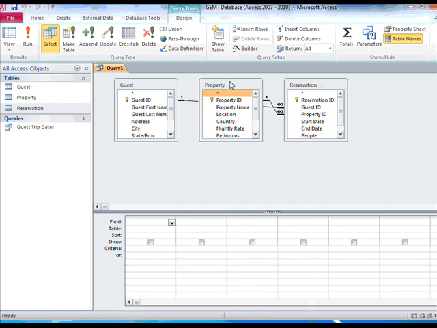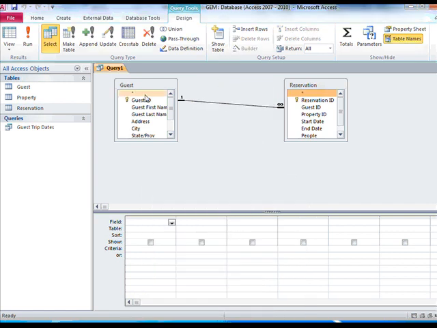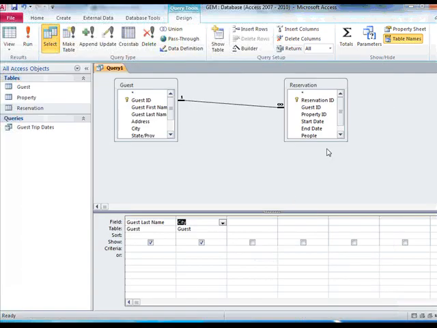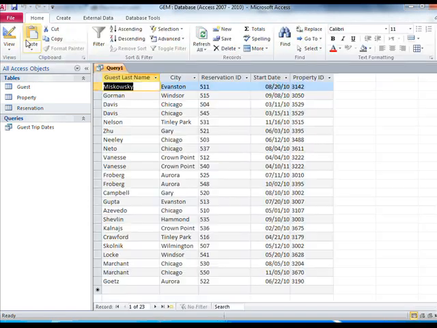So I need to delete property in there, and add the last name, the city, and then the reservation ID, the start date, and the property ID. And I run it. Before I put any criteria, I'm going to run it. Everything is fine in there. But then they tell me,